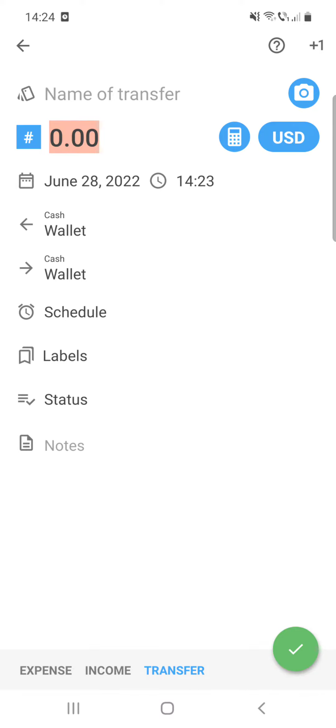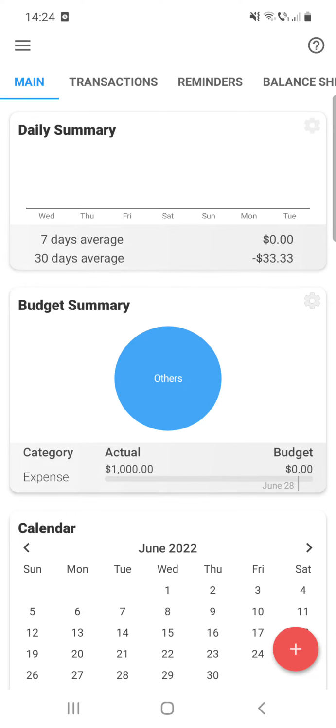And if you are all done, then click on that green circle at the bottom of the screen and then